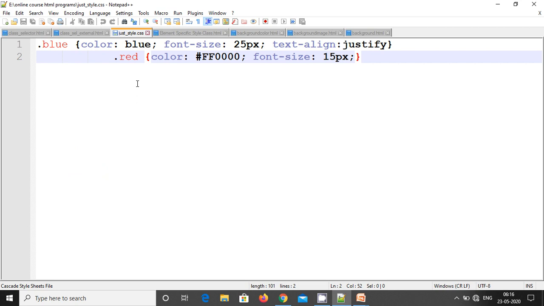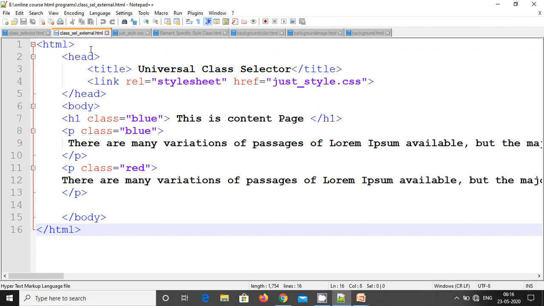Okay, now how do we give our HTML page access to this style property? You have to write, within the head tag and without writing any style tag, a link tag. Then rel is nothing but relationship, how this CSS file is related to this HTML file, which is stylesheet.